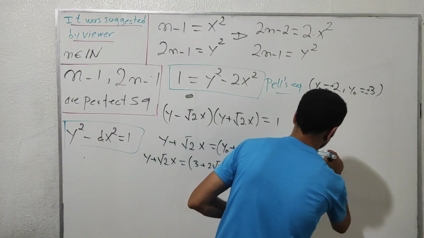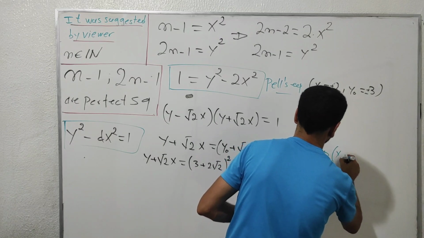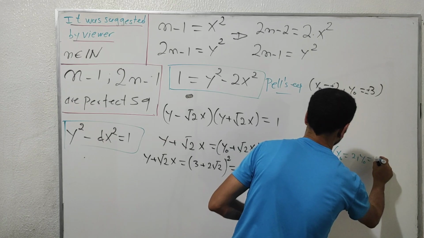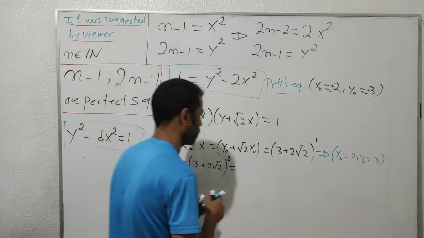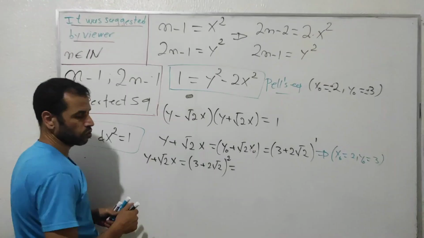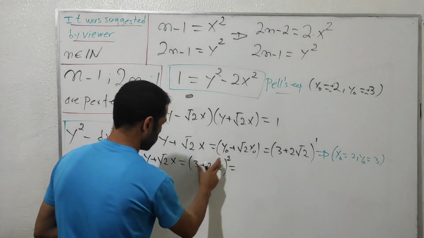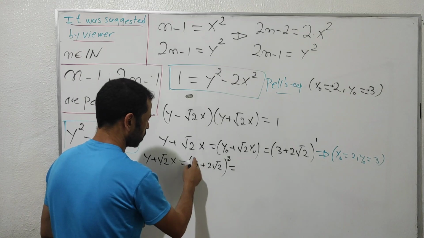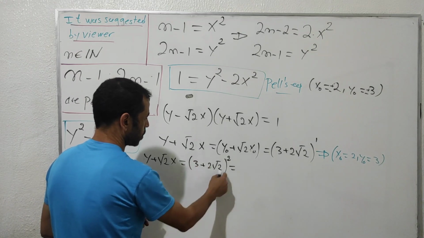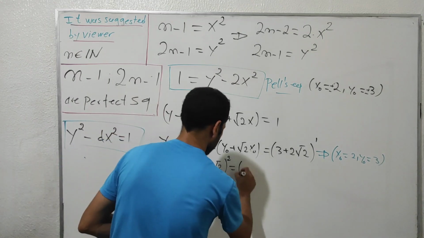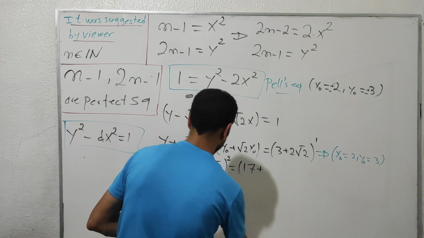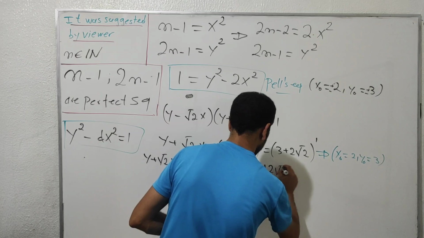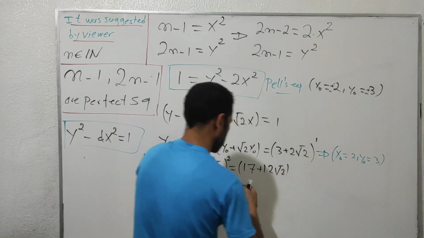This one is the first solution, which is x0 equals 2 and y0 equals 3. By simplifying, I get 9 plus 8, which is 17, plus 4 multiplied by 3, which is 12, square root of 2. Here is the second solution,